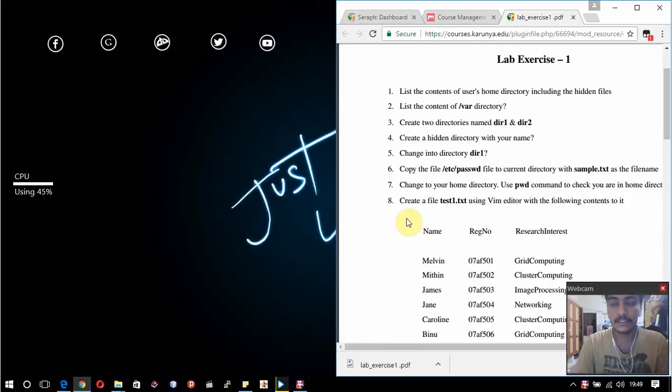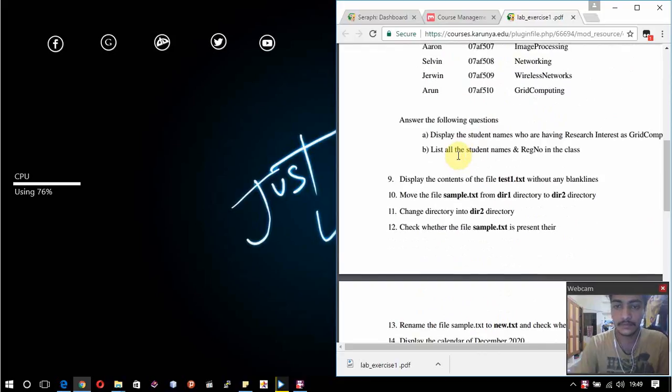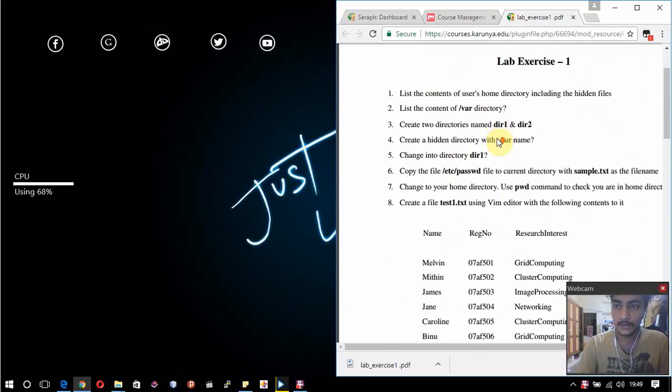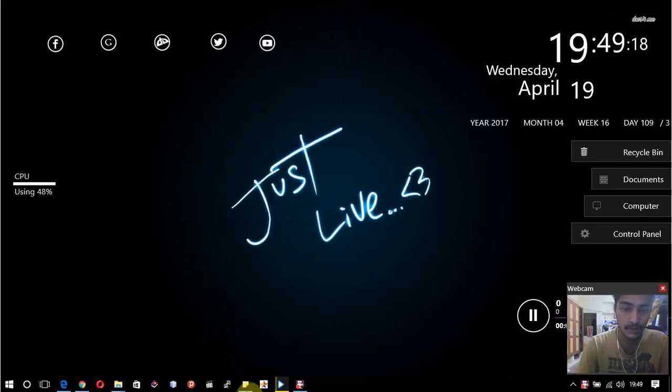This experiment contains nothing but a few basic commands we use in Unix. And these are some of the commands we are going to execute in this experiment. So, to begin the experiment,